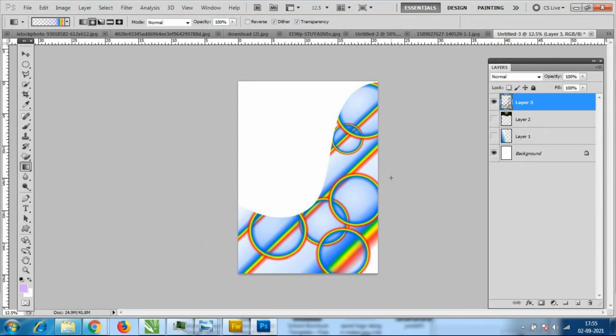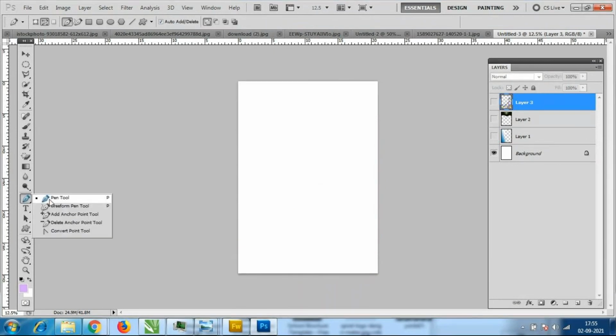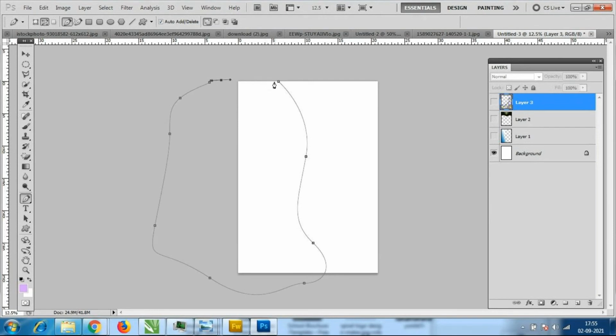So like that you have to create different shapes. Images and all you can do later also. You can try with the different shapes, and you have to try the anchor point tool also. Whatever options you are using, add anchor points, delete anchor points, everything you have to use. For this we have to add the anchor point, which means you have to click on this shape. Anybody having any doubt? And you have to save the file.